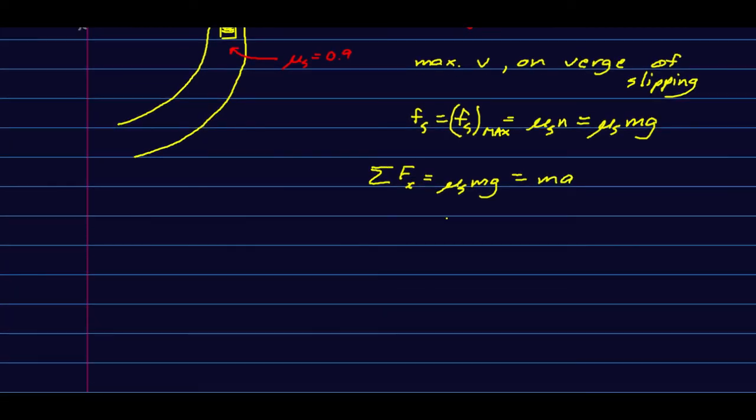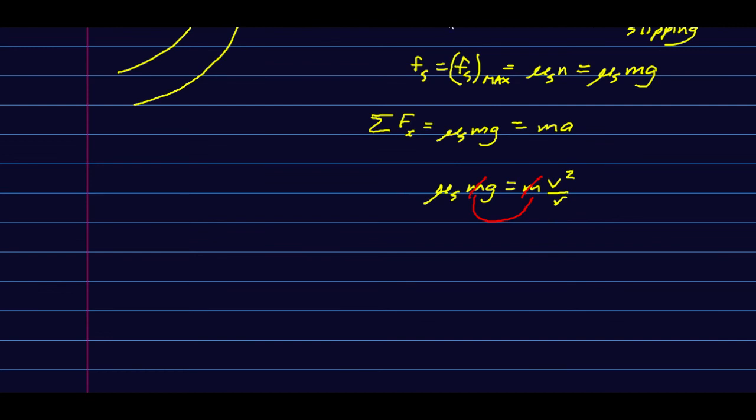And I can substitute in for a. So mu Smg is m, and a is v squared over r. And now notice, the masses cancel, which is interesting. It doesn't matter what the mass of the car is, the maximum speed will be the same. And we are basically done. V, this is our maximum v, and it is the square root of mu Sg r,